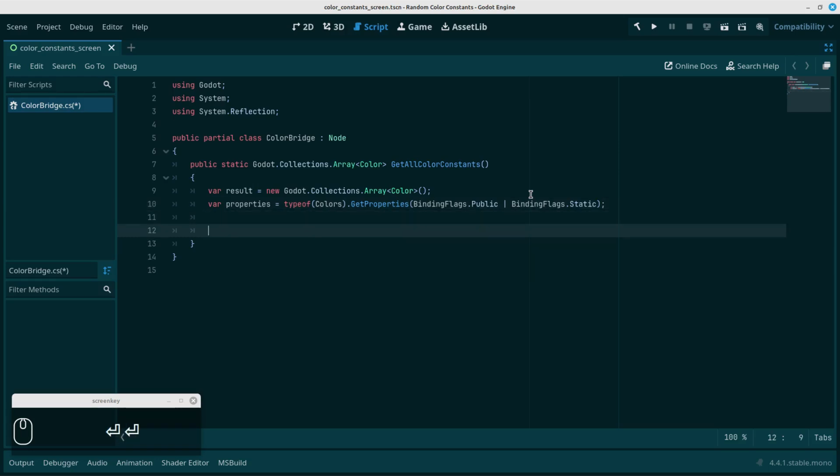And now we're going to loop through it. We're going to use a foreach loop, for var, and we're just going to use an arbitrary name. You can use anything here, but prop is easy to remember, or you can just put property. So you can say property in properties, but you can just use short prop in properties. So for each iteration in properties, we are going to run